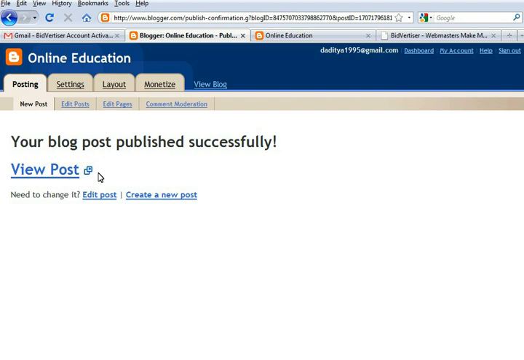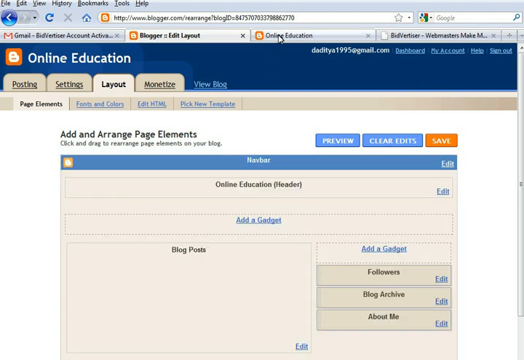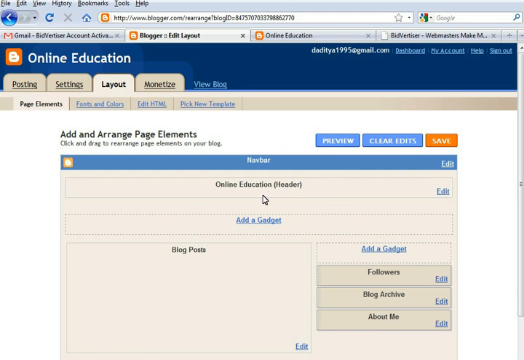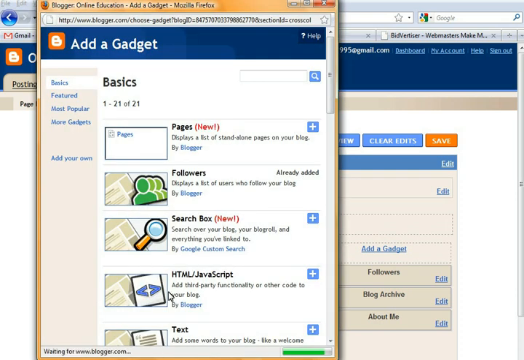Please go to the layout. This is your blog. Go to your layout so that you can put your advertisement. So you have to choose where you want to put your advertisement. I want to add the Bidvertiser code in this area below the heading. So I have to click add gadget, and click on HTML JavaScript.